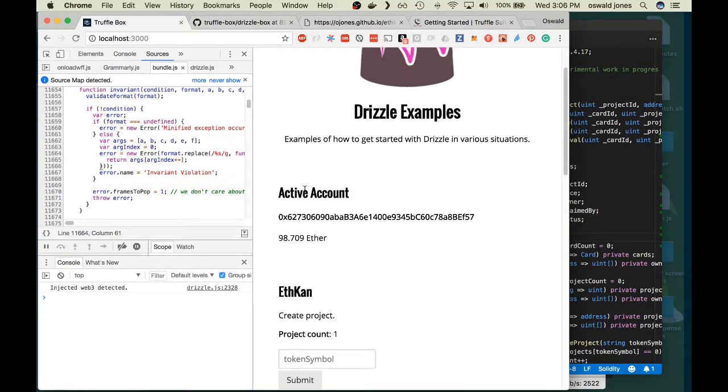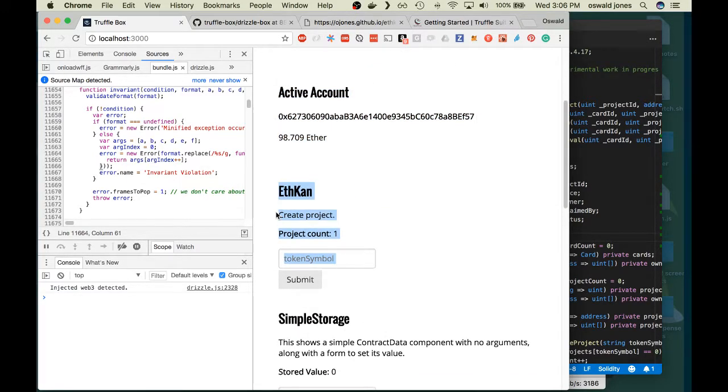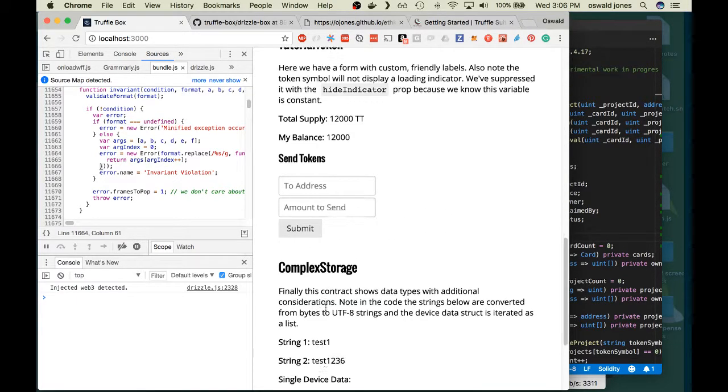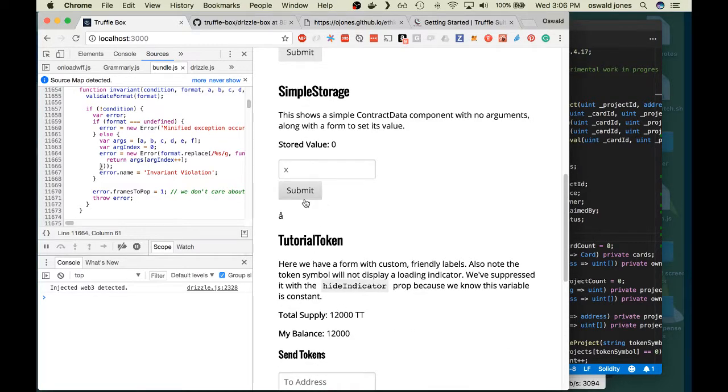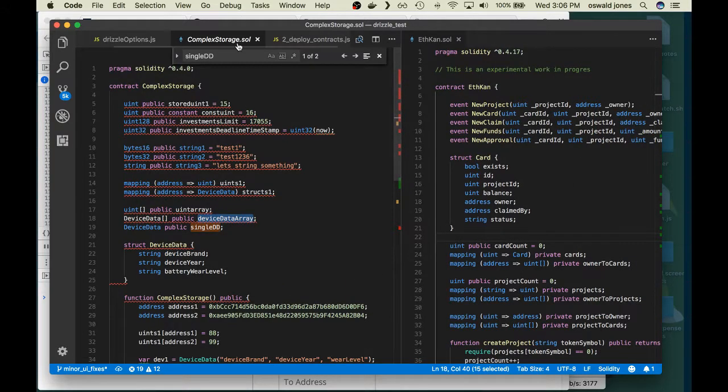And you'll notice that it gives me this account information pretty nicely. And I have now an ethcan control here too that's touching the ethcan contract, along with the three other controls from before that are still touching their contracts. So, what I was able to figure out is,